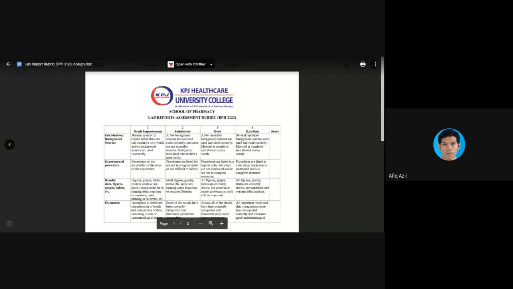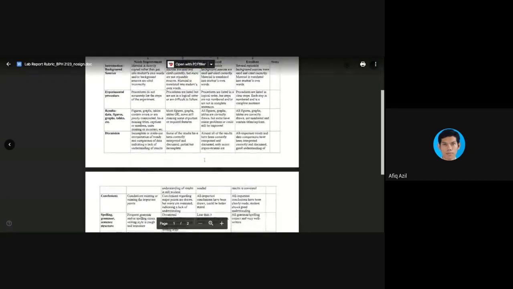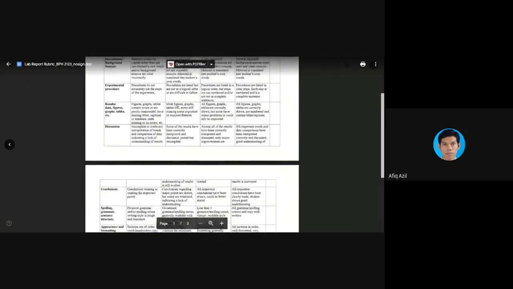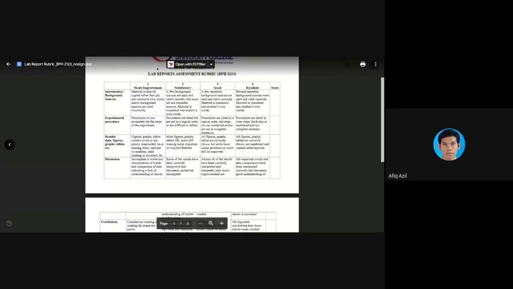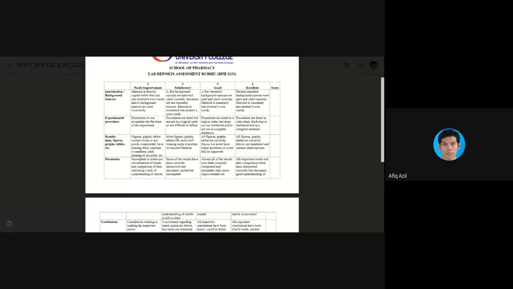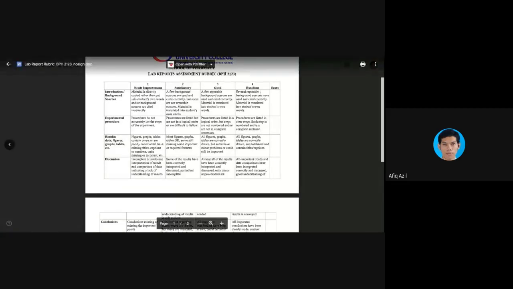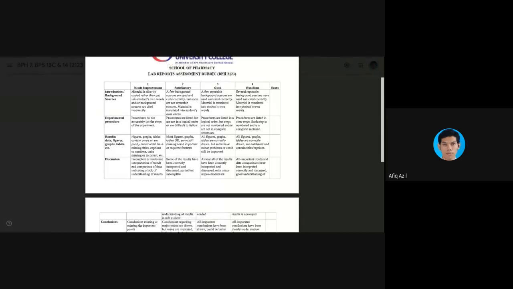Cannot view. Okay, so you can refer to each criterion that is needed. Above here is the mark that you're going to get. Let's say over here, the introduction of background sources, you're going to get just one mark if you copy it directly rather than put it into your own words. Especially if you just straight away copy from the lab manual, then I'm just going to give you one mark only. If you want to get 4 marks, try to get other sources available, then only you're going to get excellent. Same as well for your procedures,